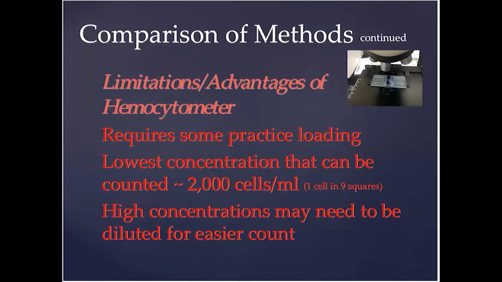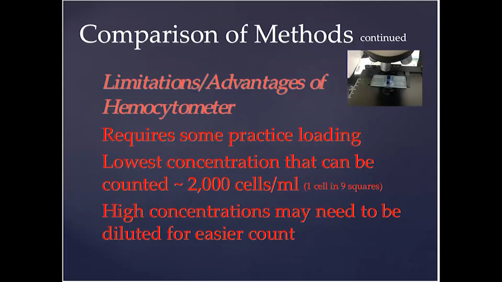Now, let's just look at one of the pieces of equipment, the Hemocytometer. What are limitations or advantages of using the Hemocytometer? I've already mentioned that it requires some practice loading because it uses a Pasteur pipette, and it also requires a steady hand so that you don't over or underload the counting chambers. Another limitation is that the lowest concentration that you count is 1 cell. If you have 1 cell in 9 squares and you apply that into your formula, the lowest concentration would be